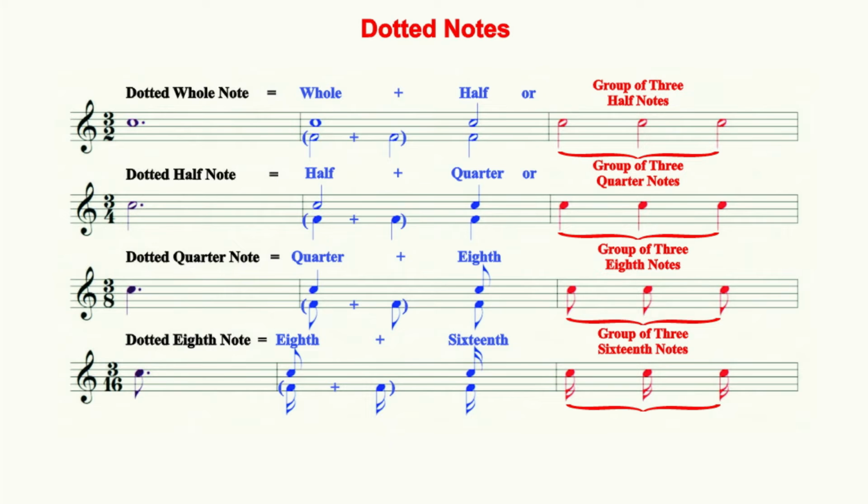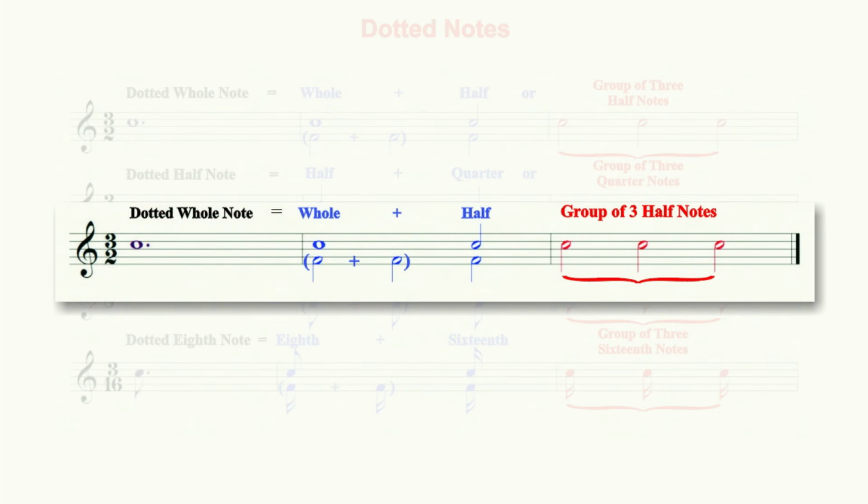Mathematically speaking, the value of a dotted note is equal to the note's original value plus 1/2 of its original value. For example, a dotted whole note has a value of its original value, 1 whole note, plus 1/2 its original value, 1/2 note. Since in a 3/2 time signature there are 3 beats to a measure, and each beat